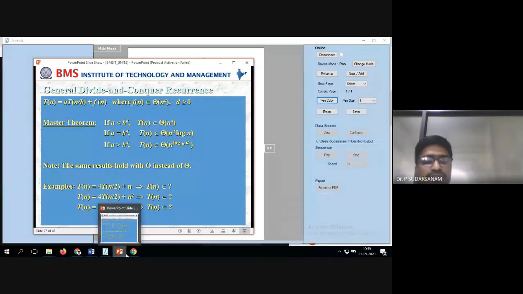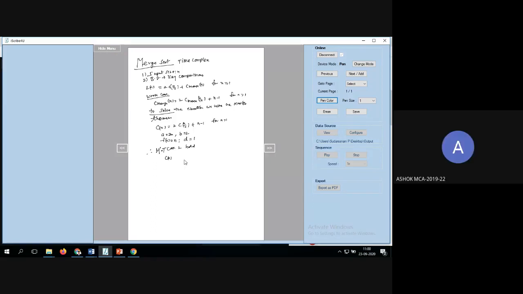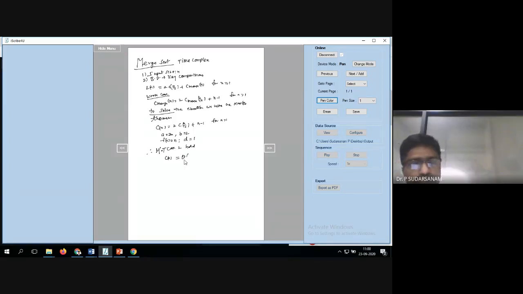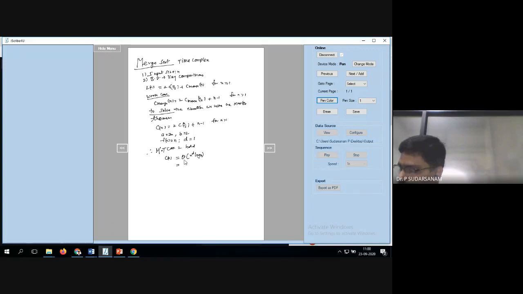Now here also write it as C of n, because our function is C of n. C of n is equal to theta of n power d log n. So d is equal to 1, which we have been given, so n power d is nothing but 1. So that is equal to theta of log n, or n power 1. One more step, if you want, you can write it here: that is equal to theta of n log n. This is the time complexity.